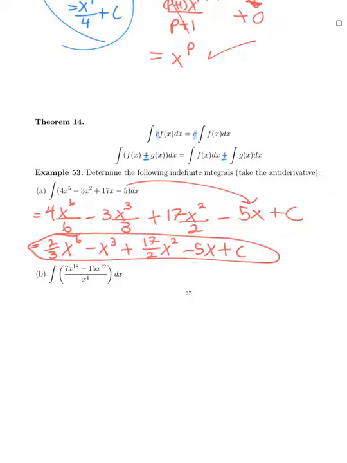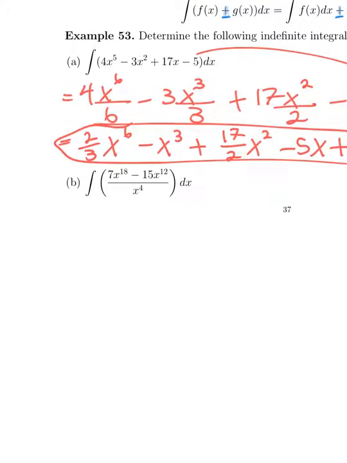All right, so let's go ahead and do another example. I'm going to zoom in here so I have more space. So for the next one, there is no quotient rule for antiderivatives. So I have to break up that fraction. There's no other way. So then this is going to become